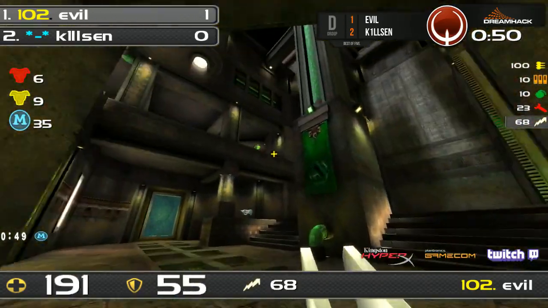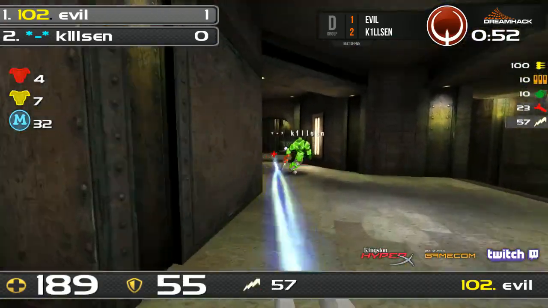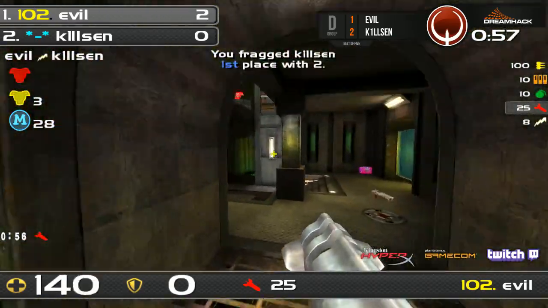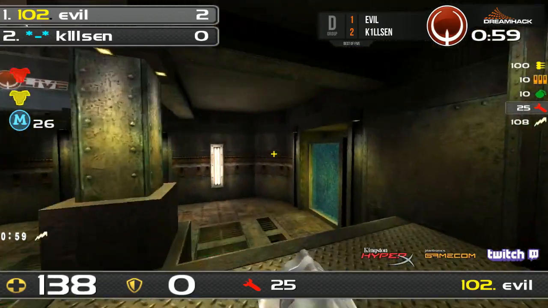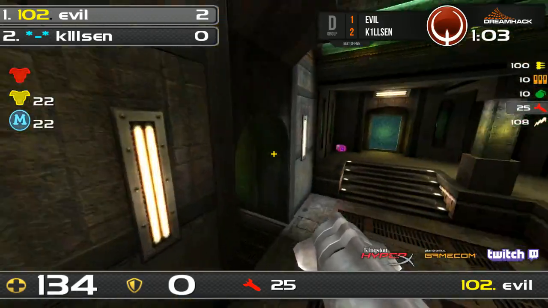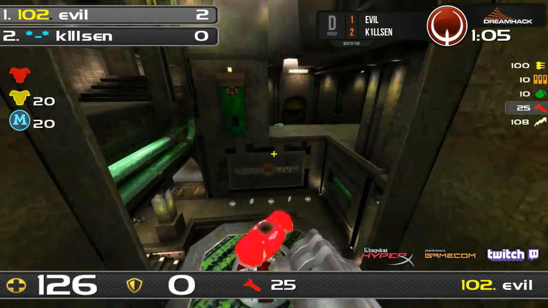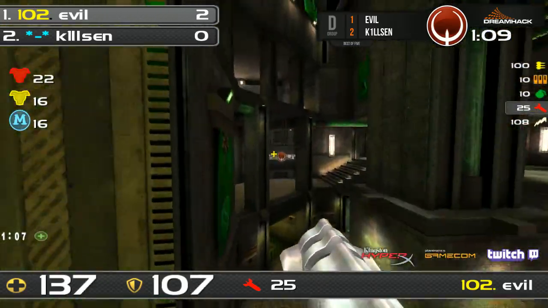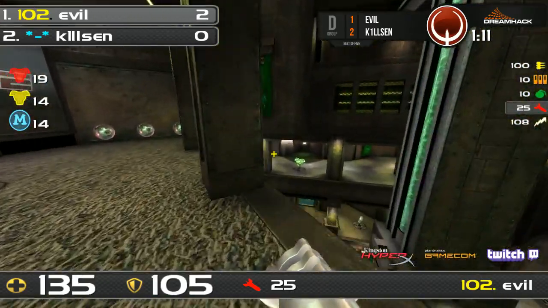Why not, other than the prize money and glory and all that stuff. But now K1llsen probably will die here, able to get a nice direct rocket, but it's still not enough. Evil still maintaining decent control of the map with all the weapons he could want. And actually, I think he fell there, was trying to make the jump. But these players are also probably relatively new to this map. Not as new as I am, but...